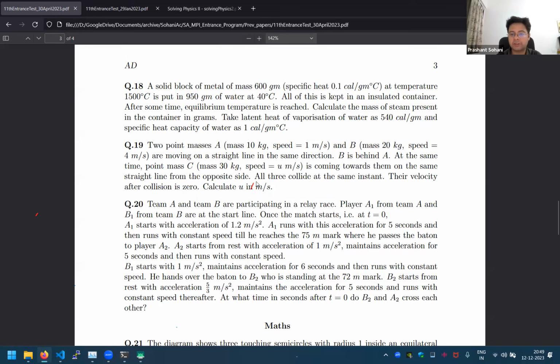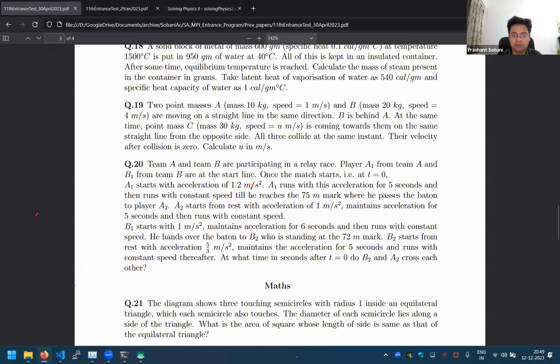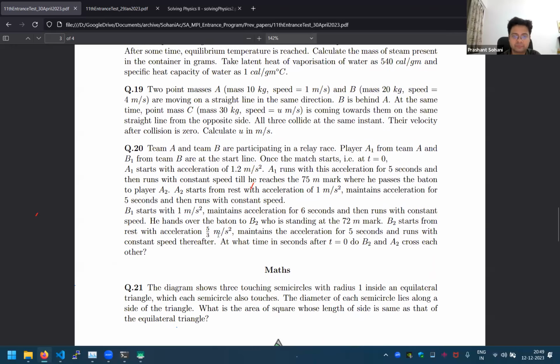At this point, I expect that everybody should get this question. Otherwise, go back and revise your basic concepts of the law of conservation of momentum. Okay, and what about question 20? Anybody who's already solved question 20? Okay, we'll solve question 20, but